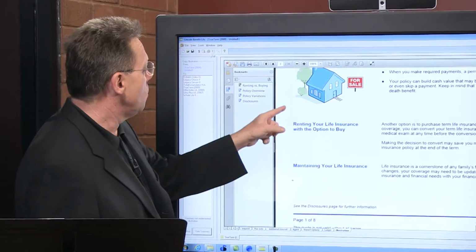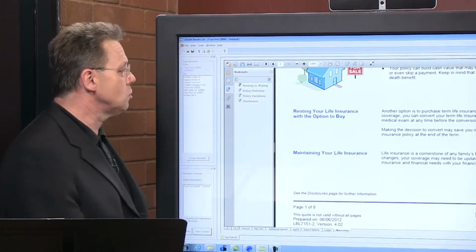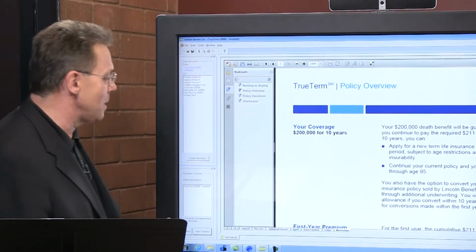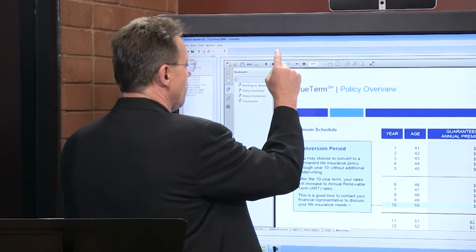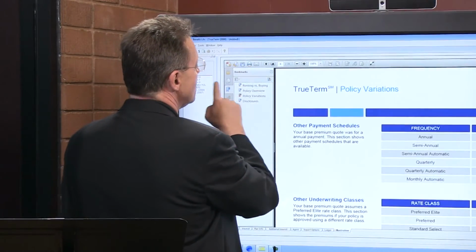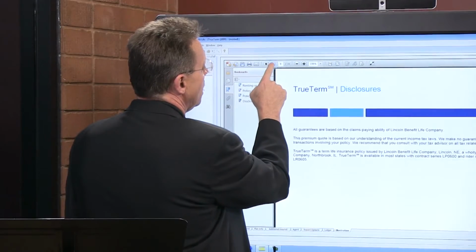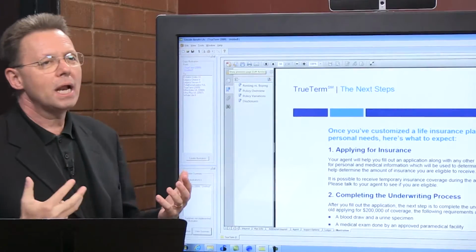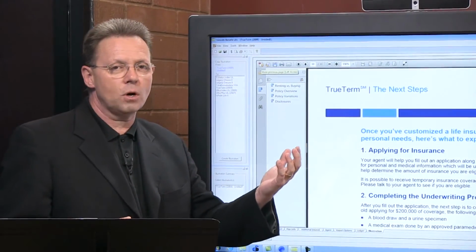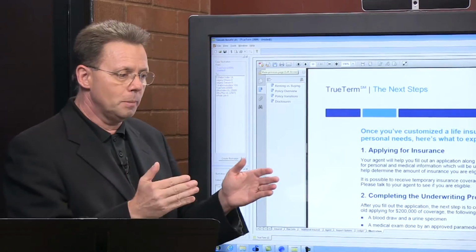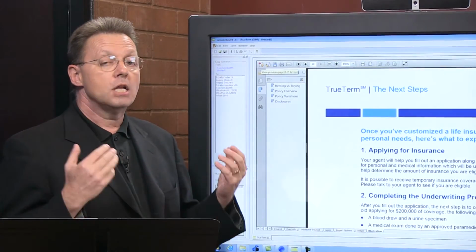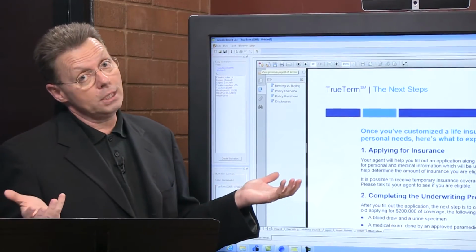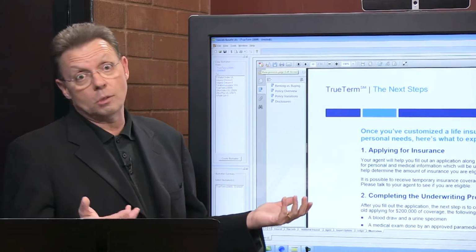So what you want to do is look at the comparison. Renting your life insurance with the option to buy, or maintaining your life insurance. Those are the ideas behind basic thinking on, should I rent this? Should I own it? I like this idea because it does what I would call a really nice sales idea, so that you can understand, is term really what I'm looking for? And in my explanation at the beginning of the week, term is temporary expense reimbursement. As long as I have a temporary liability, I'm willing to look at term. But if my liability is longer than term, or it's just going to be for the rest of my life,